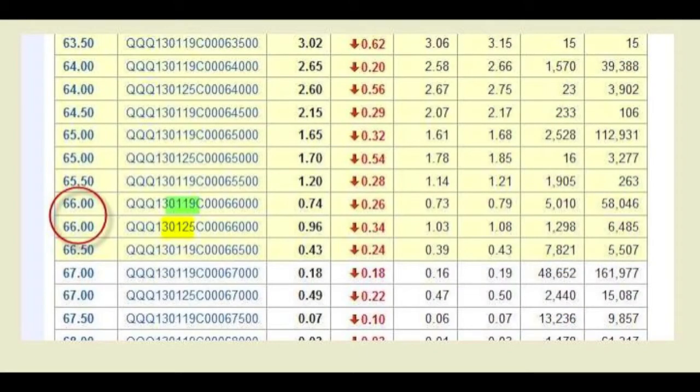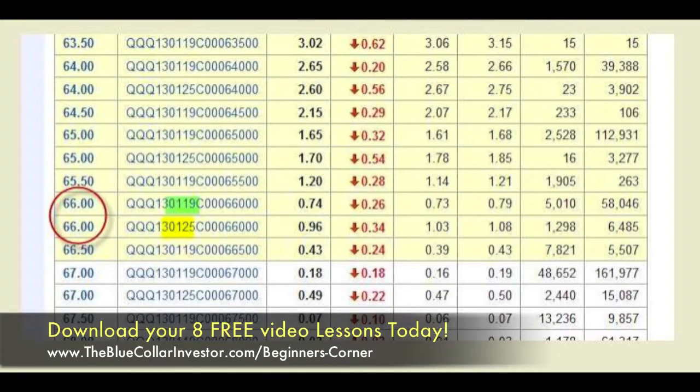So let's take a look at a few examples of how we can differentiate these different strike prices. First, on the screenshot in front of you, let's take a look at the Yahoo Finance options chain that you alluded to in your question. And here you could see on the Yahoo site that we have two $66 strike prices that are highlighted. Now, if you take a look at the ticker symbol next to those strike prices, you will see that they have different expiration dates, one being January 19th, the other being January